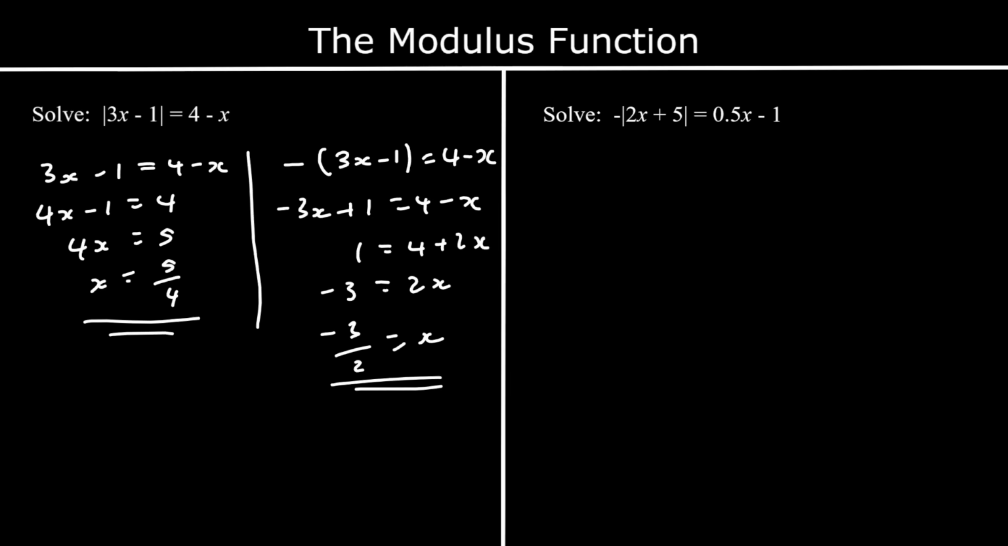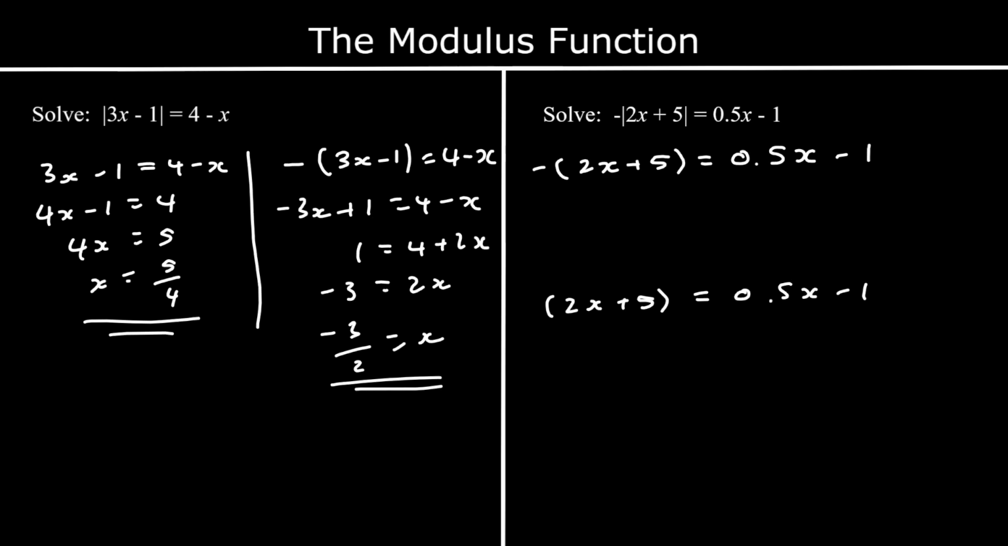So we are going to use the positive and negative version of our line. So we're going to work out where minus 2x plus 5 is equal to half x minus 1. And we're going to work out where minus minus, or plus 2x plus 5 is equal to half x minus 1. So for the first one, I'm going to expand the brackets,